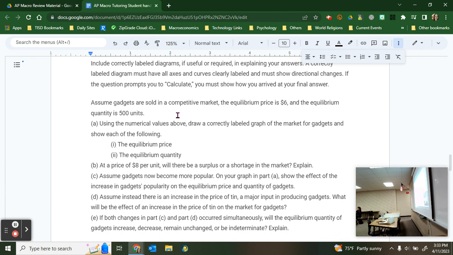Okay, let's do the back page. I'm going to give you some time. You probably already have. I see many people have already worked on it. To work on the circular flow model at the top, and then we'll talk about it, and then we'll talk about these 3 questions at the end, and then we'll be done. So right now, you are just working on the circular flow model on the back.